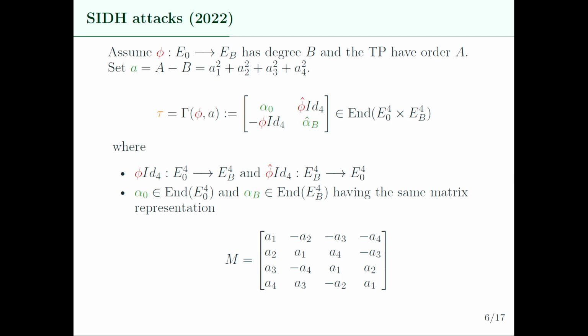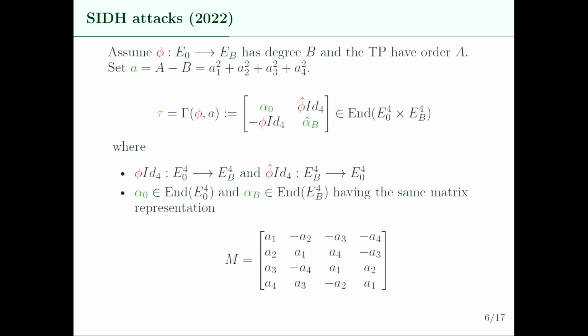And to do that, you go into higher dimension, you consider this matrix that helps you to define your transformation. And this tau has degree exactly A. And since you have the torsion point information of tau on the A torsion, because you have the torsion point information of phi, this phi here, and this alpha is just this matrix, which is just made up of integers, so you can always evaluate it on anything you want.